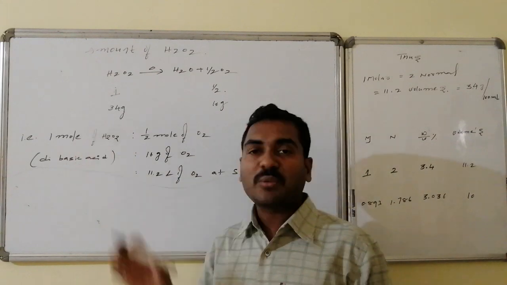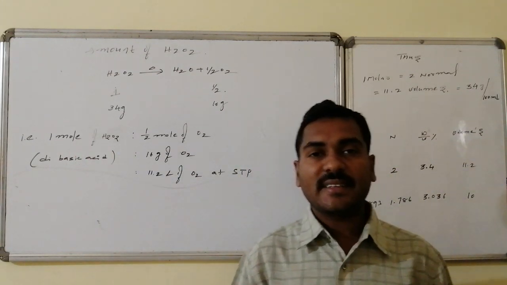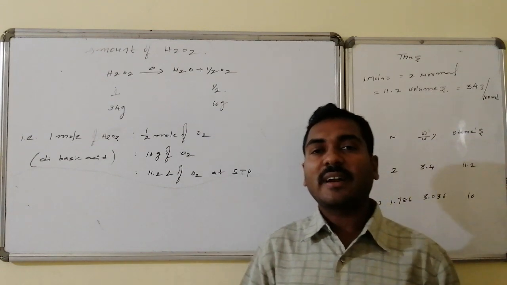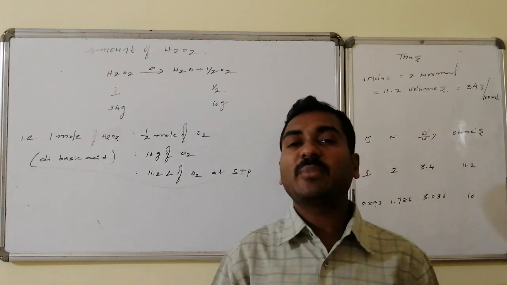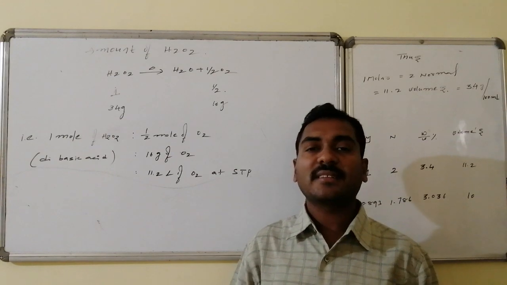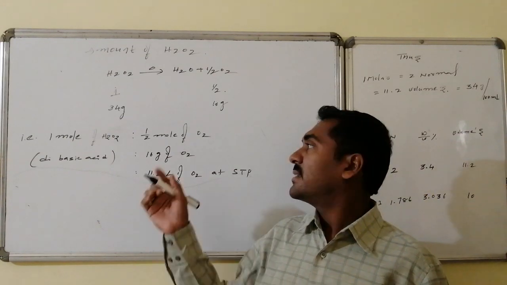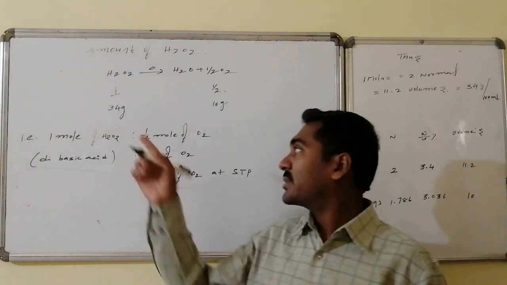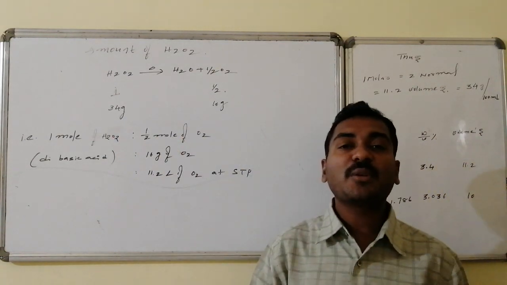Whereas for this, 1 mole is present in 1 liter, that is 34 grams is present in 1 liter. If I made that for 100 ml, then that is said to be what? Weight by volume percentage, that is strength. So that strength is the amount of substance present in 100 ml. In 1000 ml this is 34, in 100 ml this is 3.4.